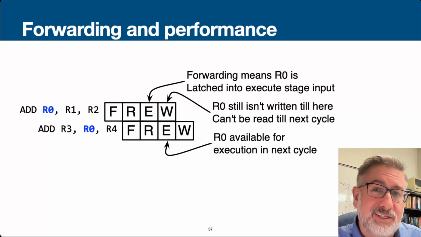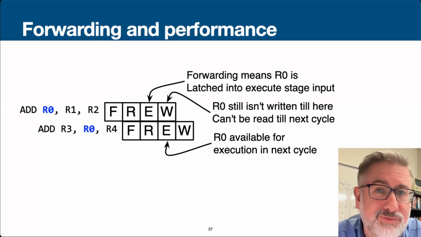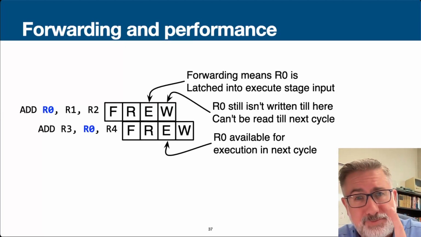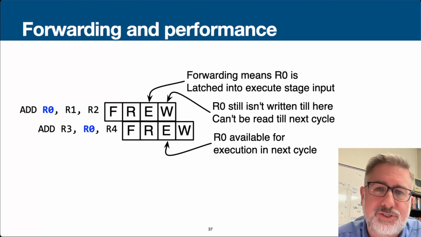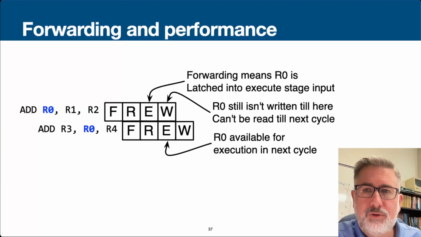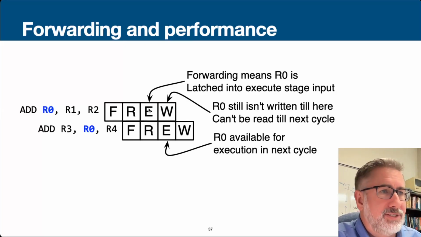Forwarding, again, is not going to allow us to violate the laws of time or physics. We can only use a result after it's been calculated, but this allows us to use it right away without needing those bubbles, right? So what happens here is